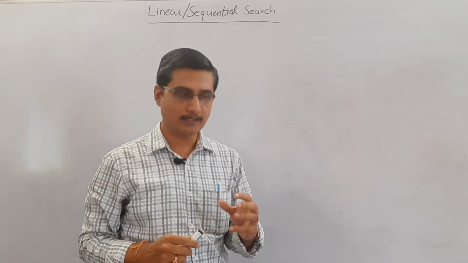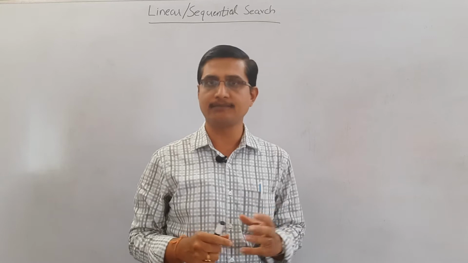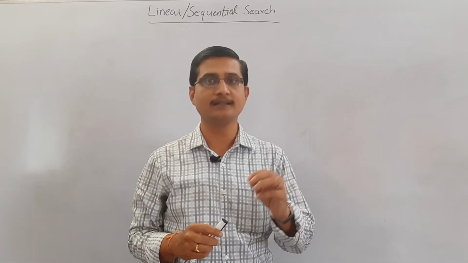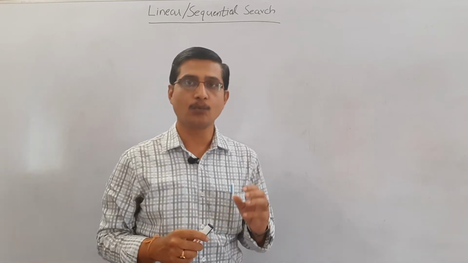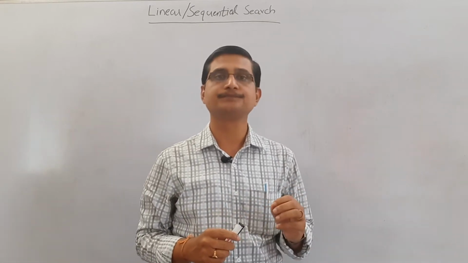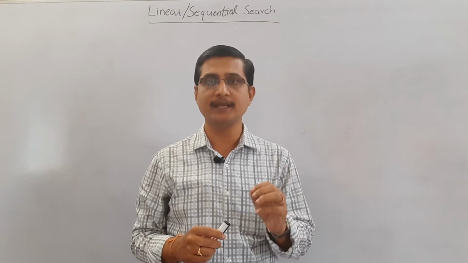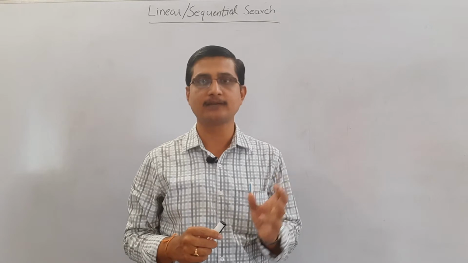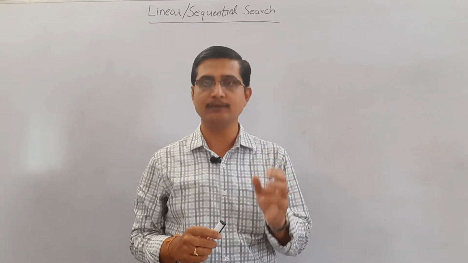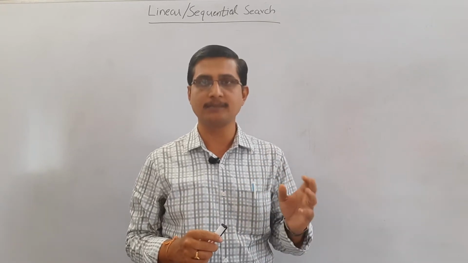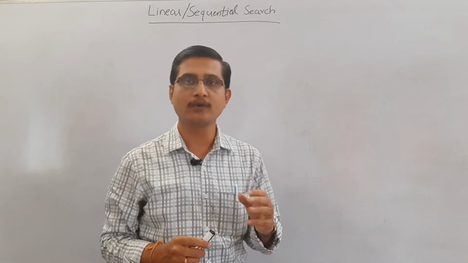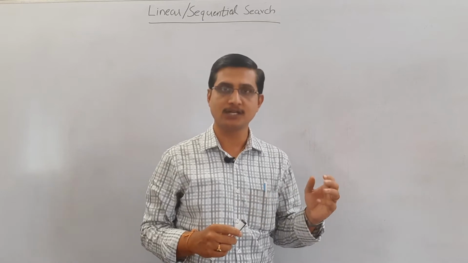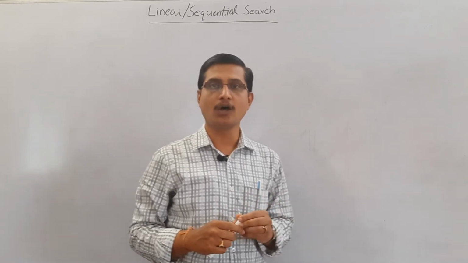Here, searching means there will be a list of elements and a key is given. We are going to search for that key in the array. How this sequential search works is, we match the key with the first element. If it matches, then it is successful. Otherwise, we match the key with the next element, then the next element, then the next. In this way, we match the key with the sequential elements. So, the searching method is called sequential search or linear search.